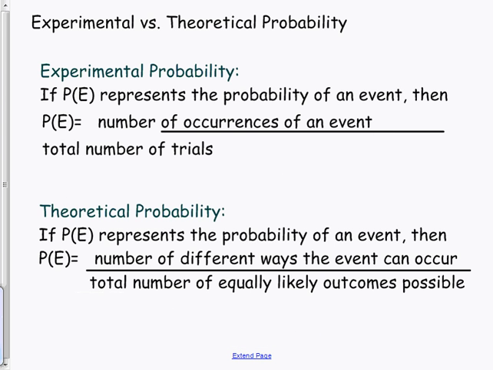Experimental versus theoretical. Theoretically, I should have only a 1 in 6 chance of rolling a 6. But do you get that there are such things as weighted dice? They do really exist. They put little pieces of lead in them so that they are more likely to come up a certain number than normal. Okay? Like, what's a number that people want to come up a lot when they roll 2 dice? A total of, in case you don't know this, 7 is the number you want at the casino.